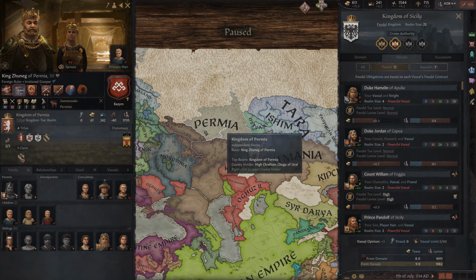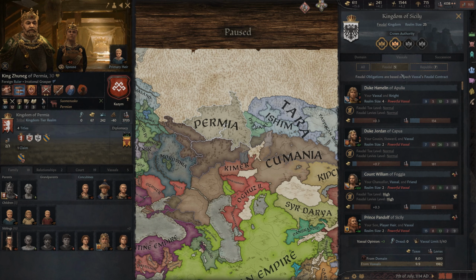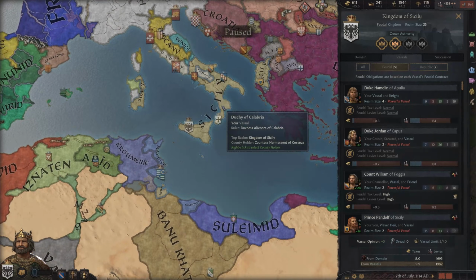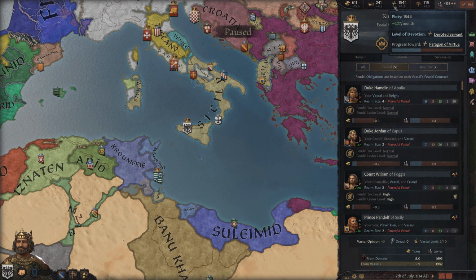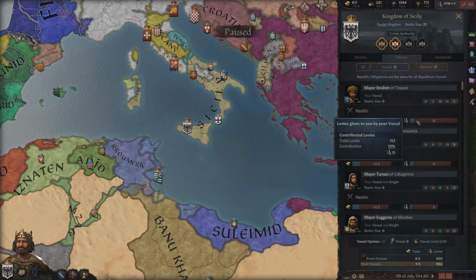And the other portion of this would, of course, be a tribal one. Tribal would be fame-based. And the higher my fame, the more contribution of levies and taxes that they will give to me, their liege. Now, the other one that's not marked on this list right here is theocracies, and that is linked to your devotion level up here, your level of devotion. And the last one is republic. And republic will always be the same amount. It will always be 20% taxes and 10% levies, regardless of opinion or anything of the sort. They have a pretty set in stone tax and levy contribution.